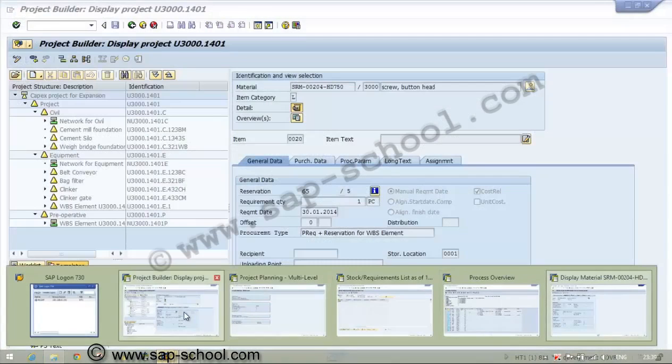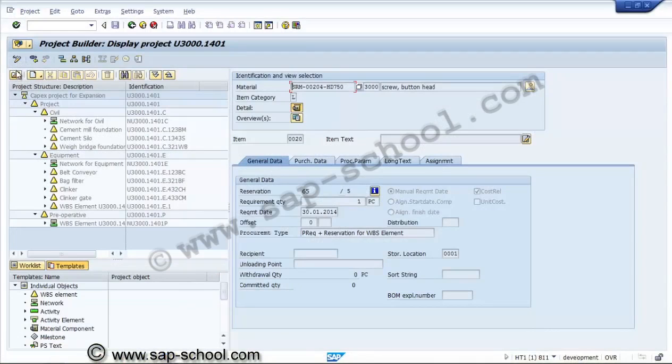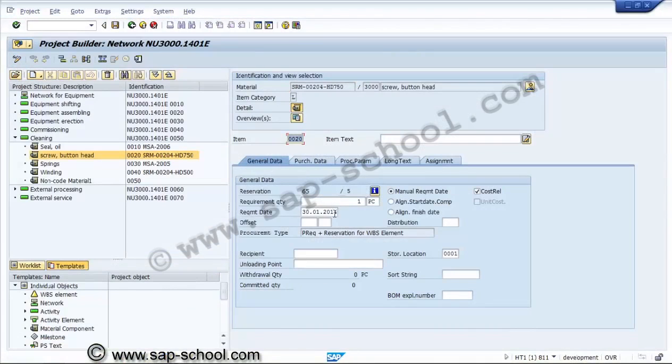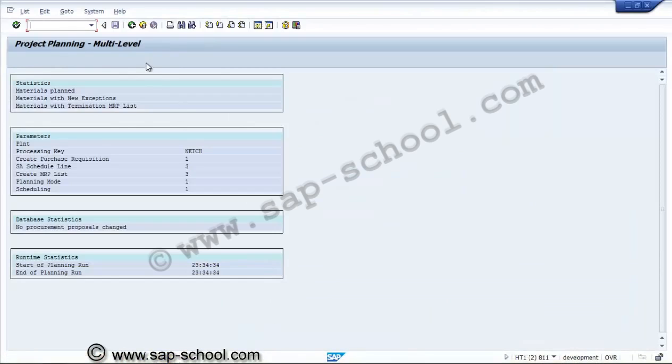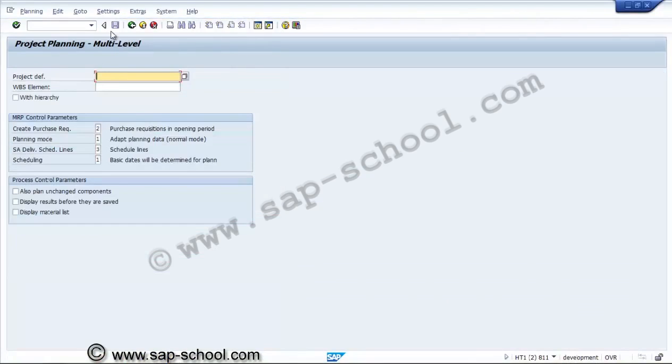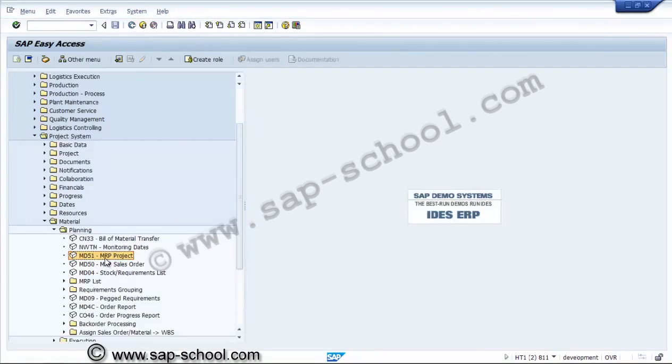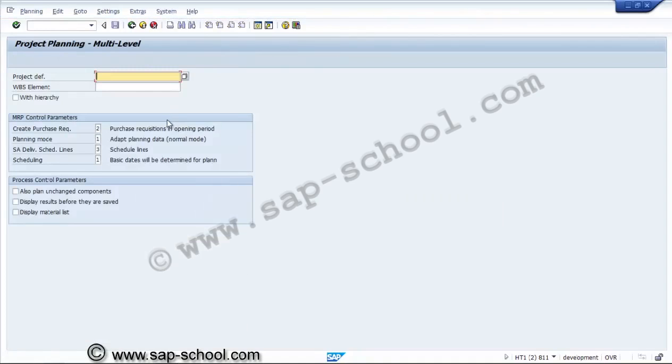So again we'll take back to some other date. So this is about the material assignment to activities. Now if we run a material requirement planning for a project, the transaction code will be MD51. The path will be SAP menu, project system, material, planning and MRP project. So if we want to run MRP for a particular project,